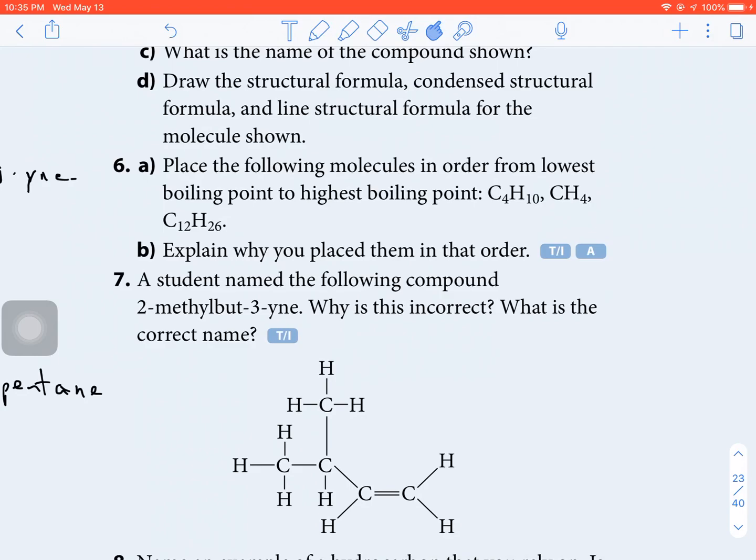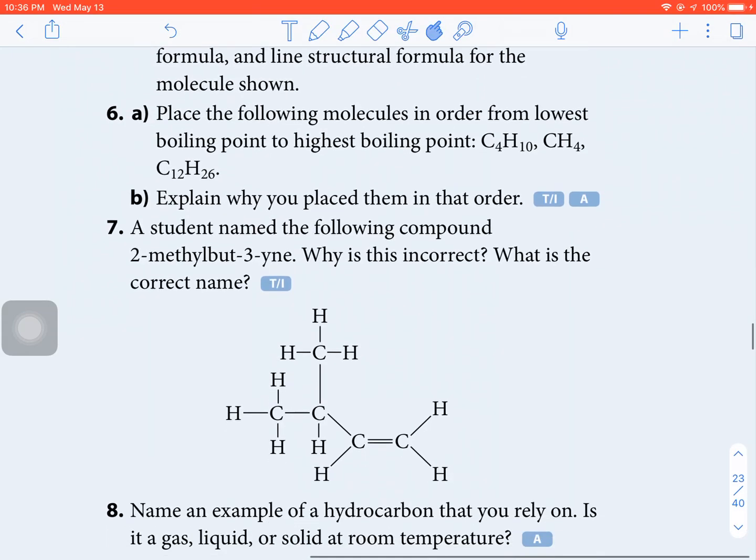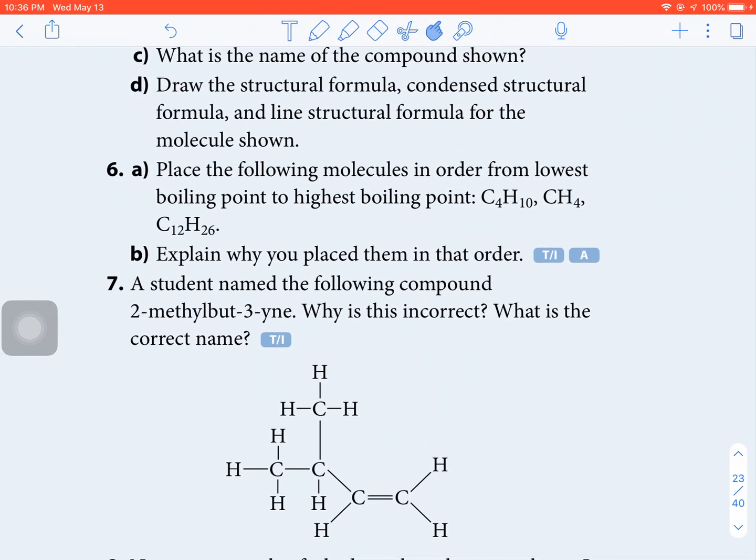It says place the following molecules in order from lowest boiling point to highest boiling point. Now from yesterday's note, we know that hydrocarbons that have the smallest number of carbons have the lowest boiling points, and those with the largest number of carbons have the highest boiling points. So to place them in order, I know CH4 is less than C4H10, sorry for my writing, which has a lower boiling point than